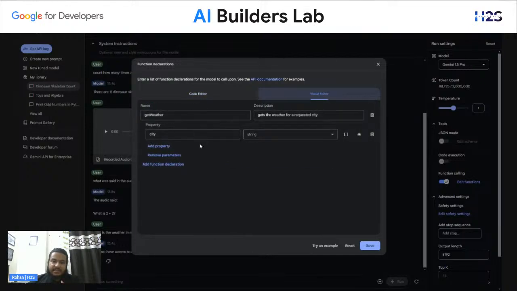And this increases the possibilities by so much, because imagine if you have built an IoT system, maybe a smart home system. You must have registered that smart home system on some cloud platform. So if you generate an API key for it and you create certain functions like turn on light, turn off light,